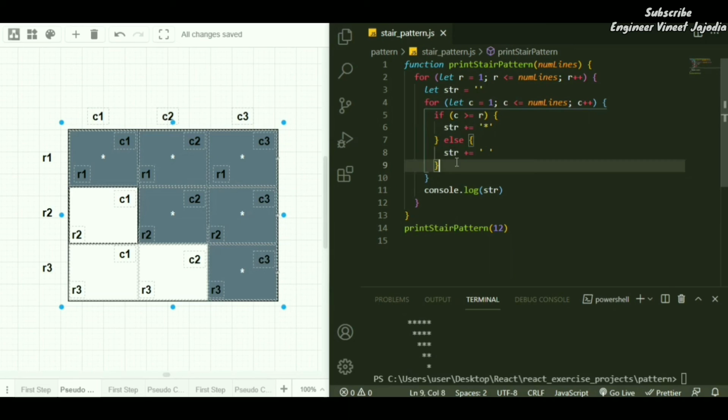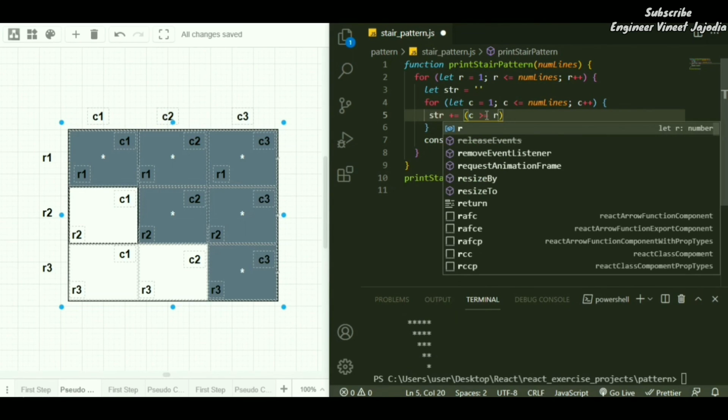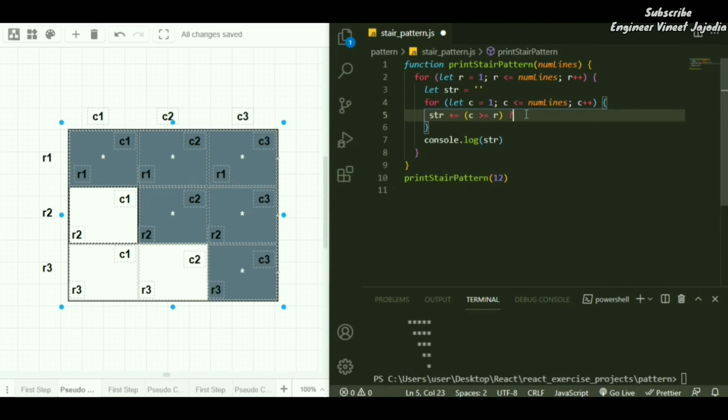So we can just remove this whole thing and write str plus equals, and we check c is greater than or equal to r. If this is the case, then we append an asterisk. If this is not the case, then we leave it empty. So this is the ternary operator we are seeing here. Always try to refactor your code.